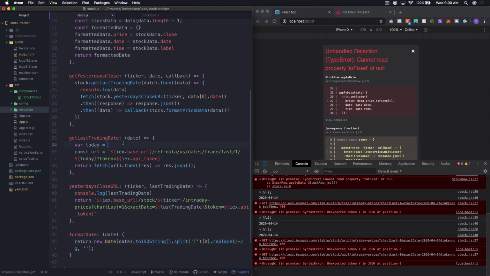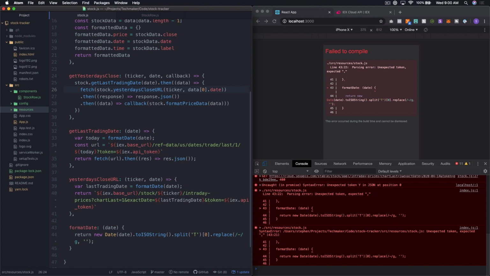And then we'll say var today is format date, and then here we'll keep this as date, and we'll say last trading date is that. Then I'm going to get rid of my console.log there, and we'll save and see where we end